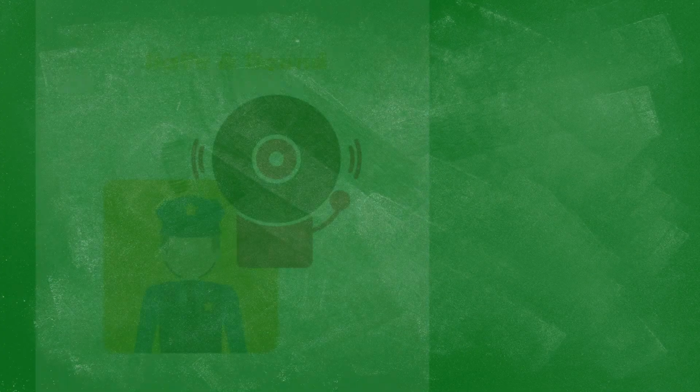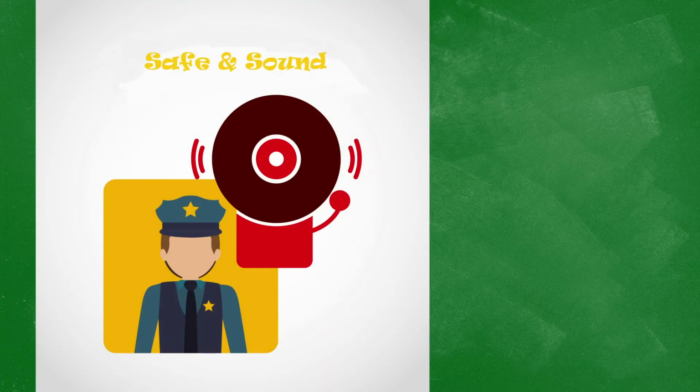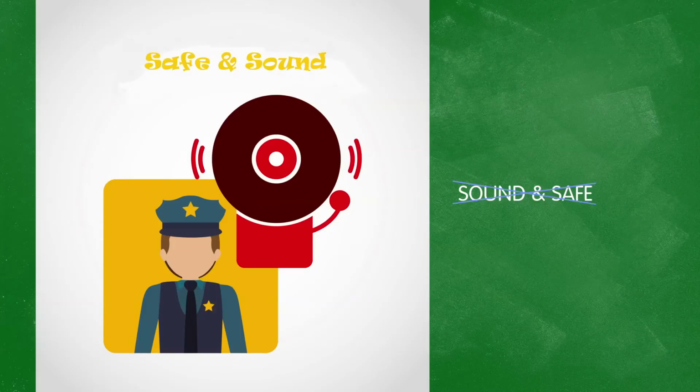Now, all English idioms don't work like this, and you can't just insert additional words or phrases in any way. Let's take a look at this with the example of the idiom safe and sound. Here, if somebody is safe and sound, it means that they are away from danger, that they will not be harmed. However, I cannot reverse the order of these words. If I say that somebody is sound and safe, this idiom loses its meaning entirely,